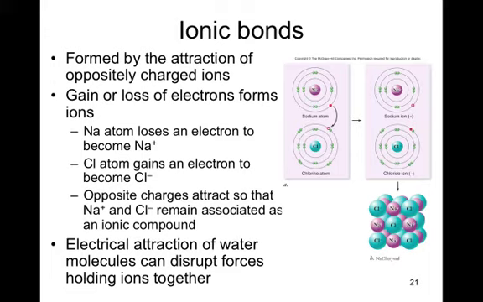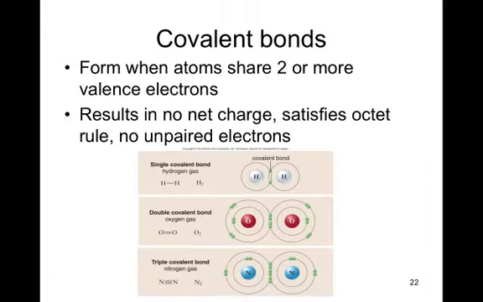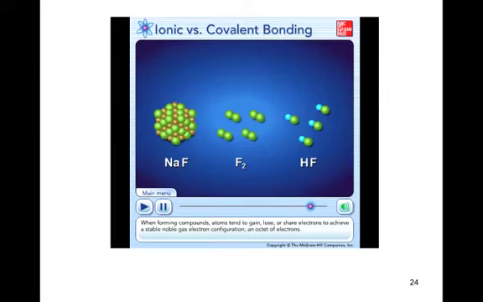On the other hand, when we have covalent bonding, we see that the electron shell on the outside is not satisfied by the octet rule. So rather than the ion going along and stealing and taking away the scarf, they come up and say, hey, can I share that scarf with you? And so they both share the same item of clothing, and in essence now they're both wrapped in the same scarf and both are happy. I don't know if the analogy works for you, but let's watch an animation to make sure that we understand